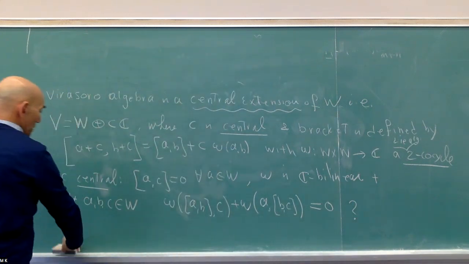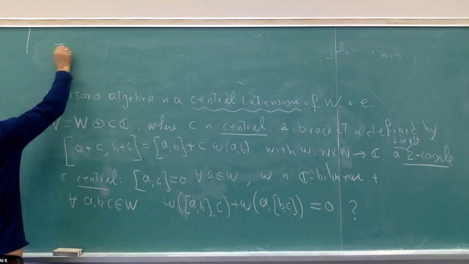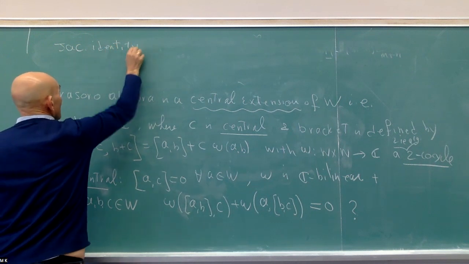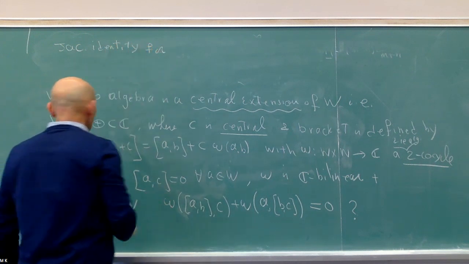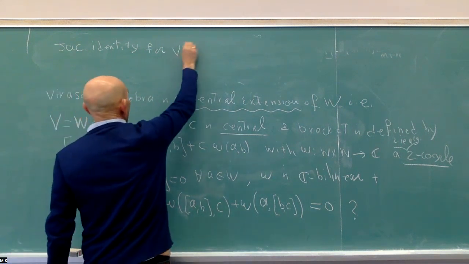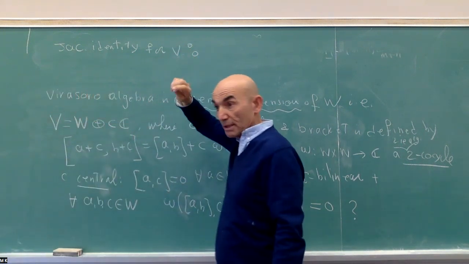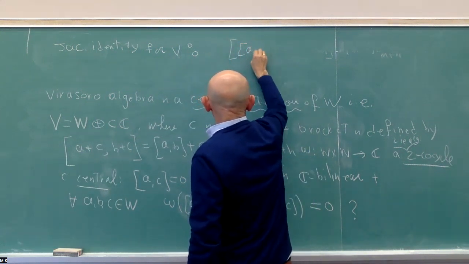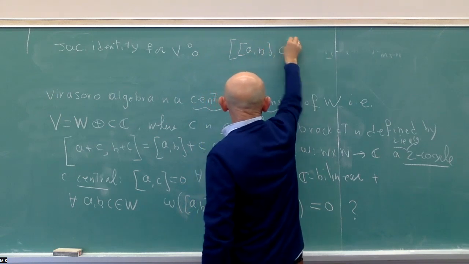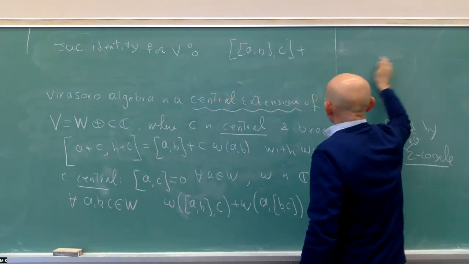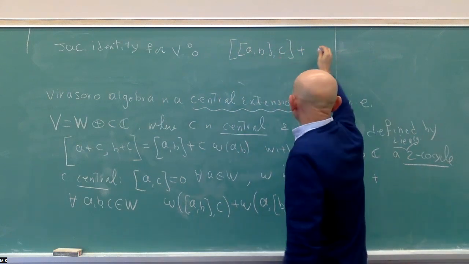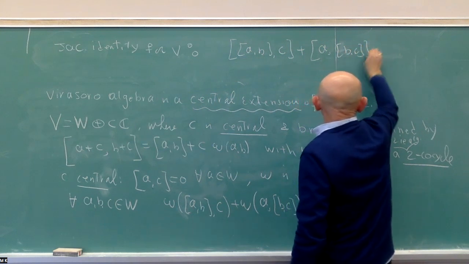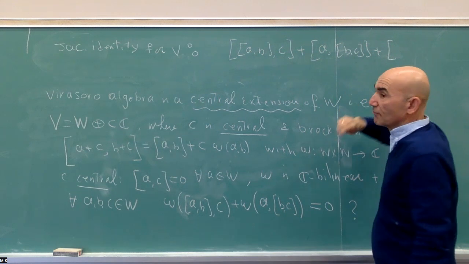So the Jacobi identity: we want this new bracket to satisfy this condition, bracket of A, B, C plus bracket of A and BC plus bracket of